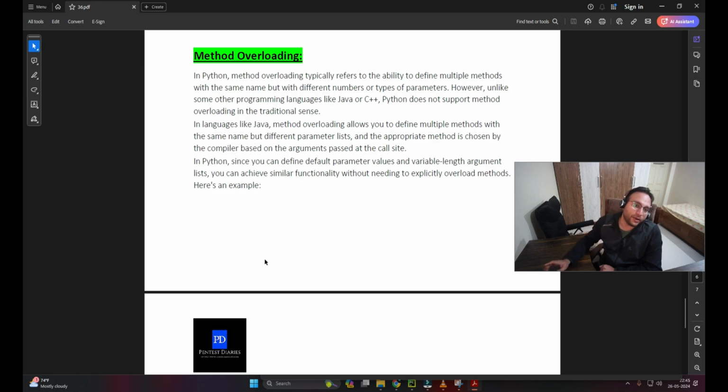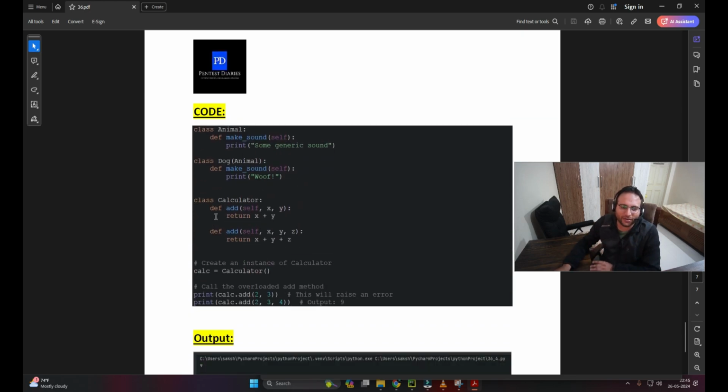Okay, now in Python, since you have defined default parameter values and the variable length argument list, you can achieve similar functionality without needing to explicitly overload methods. Okay, that's the overall understanding of it. Like if we are defining in both ways itself, this will be overloaded as this is having three parameters, so the compiler will pick this, and when I try to pass two parameters,